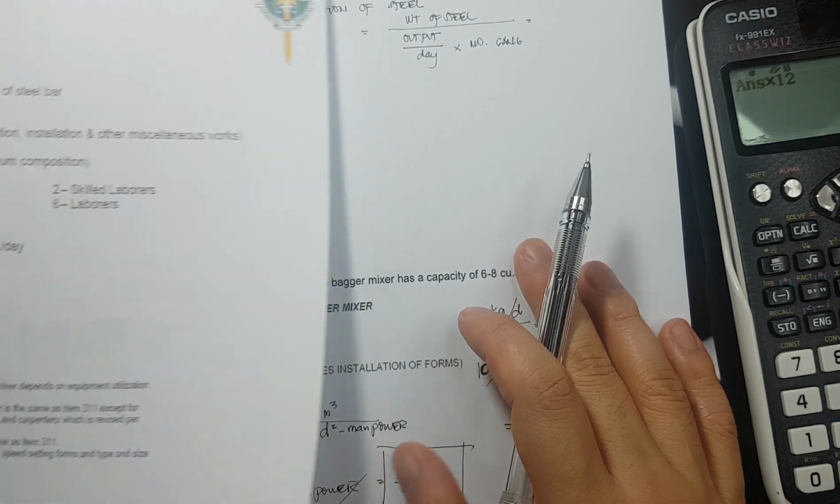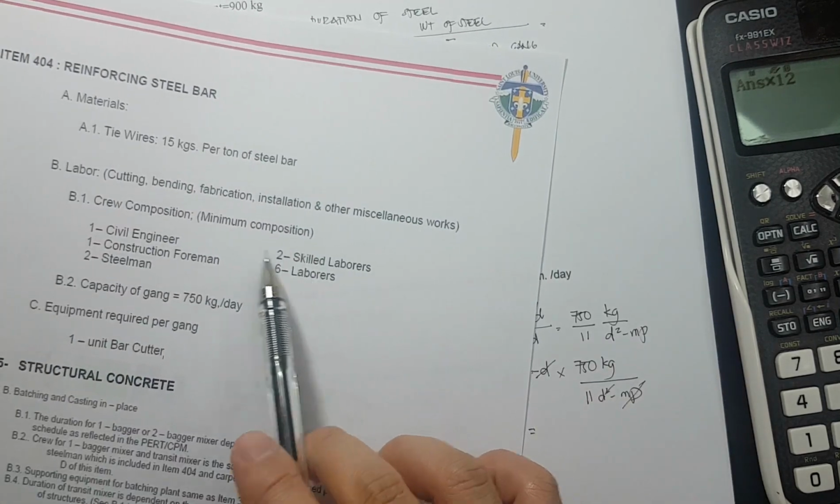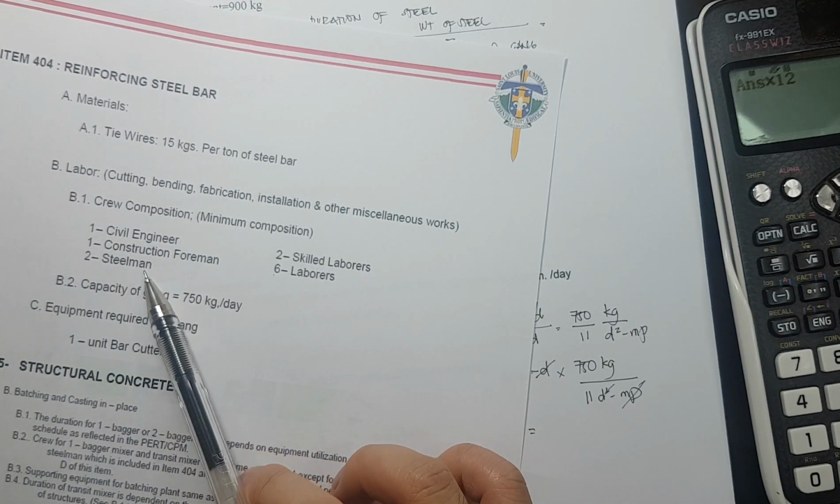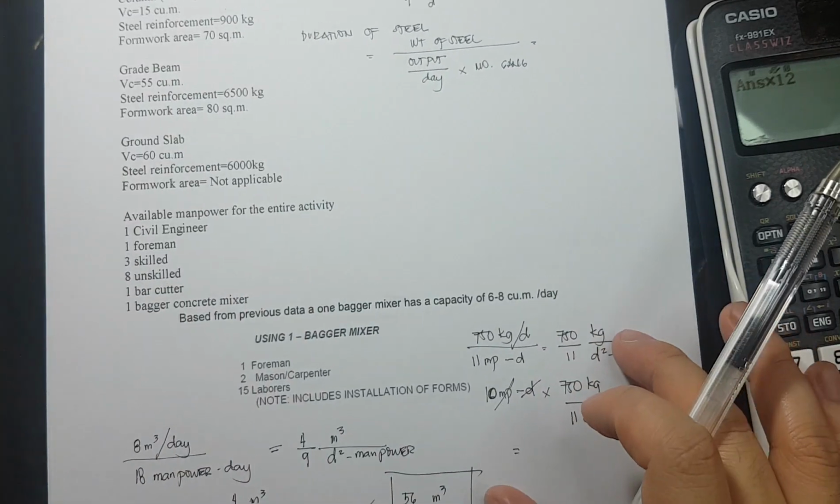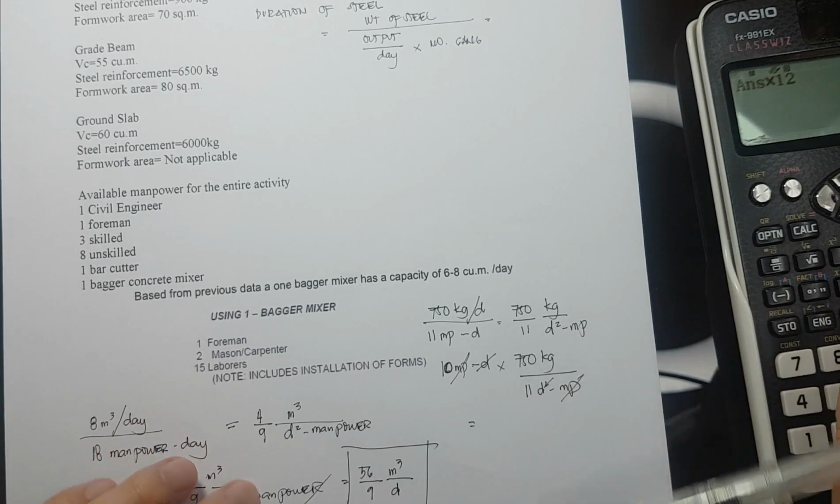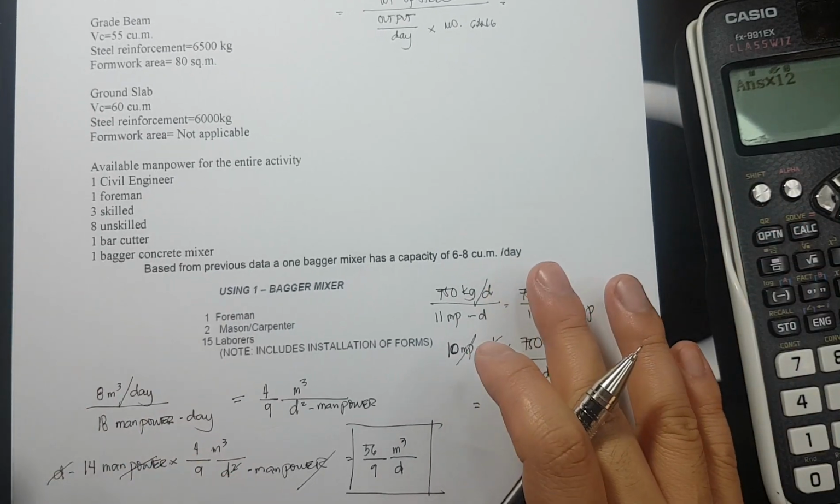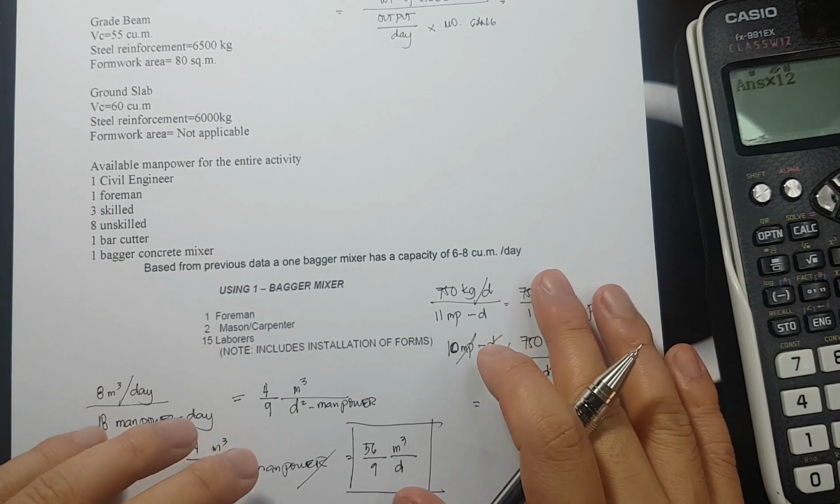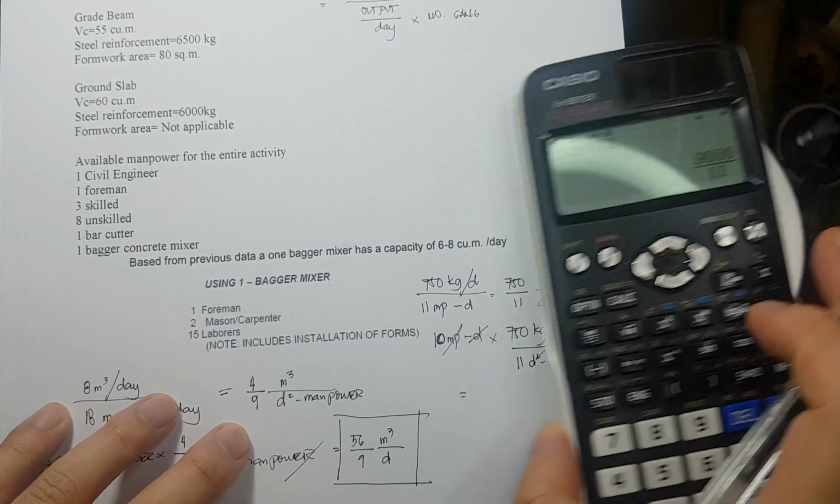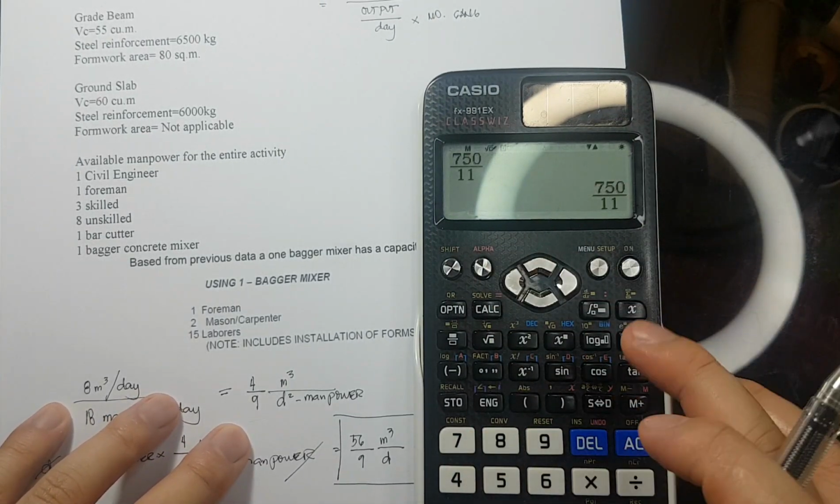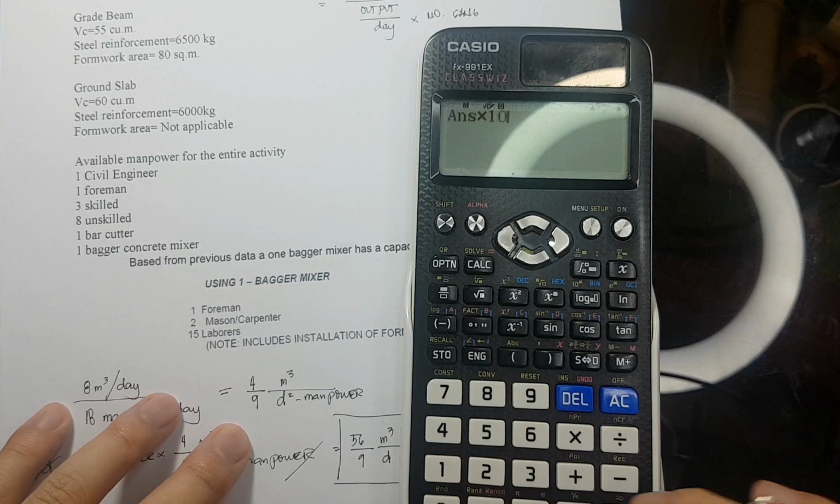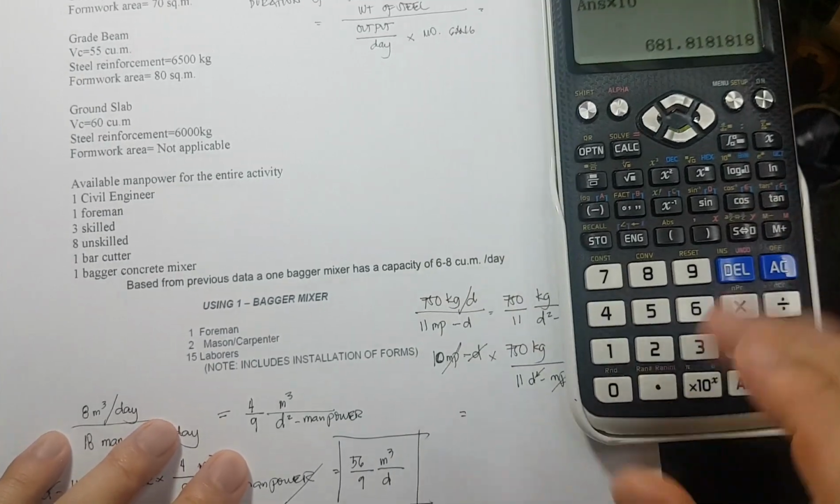Dito, where it's supposed to be, dapat 5 sila. Si skilled, steelman, and foreman. Okay? Si foreman, definitely skill yan kasi foreman na yan. Dapat gamay niya yung mga pasikot-sikot ng trabaho ng mga tao niya. Okay? So, 750 over 11 times 10. We have 681.82